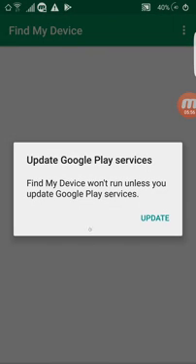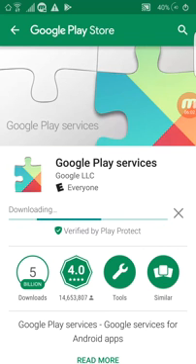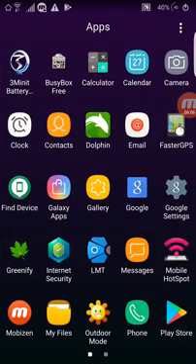Find devices, so it's just saying update, and you just go through the update for this to work. And this is pretty much a wizard, so once you start, just follow it and it will go through. You don't have to do anything. And that's your